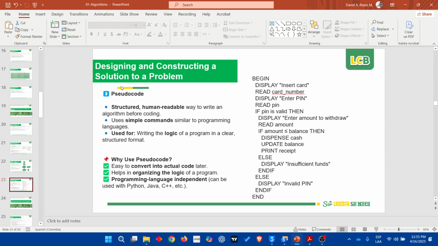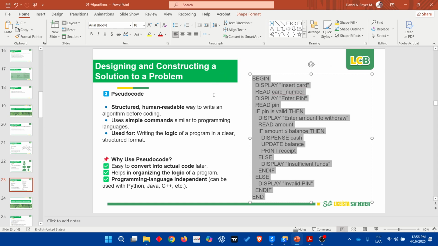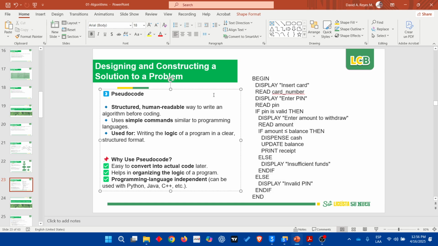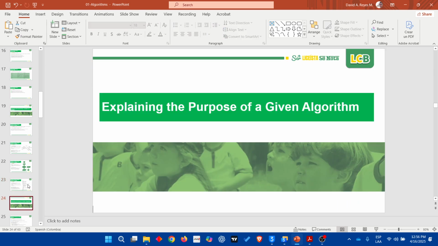If you notice here, it is a language that is going to be readable, so any human is going to understand. When you say display, it is because you are showing something. When you say read, it is an input. Okay, so that means that here we have messages and inputs. Okay, if you notice here we have conditionals. Okay, and if you notice here, this is the pseudocode of an ATM system, the way that you are going to withdraw some money from your bank account. Okay, now